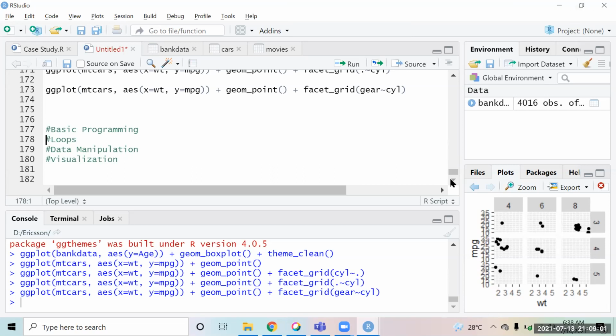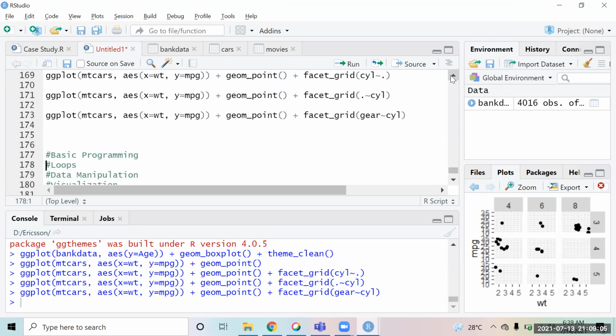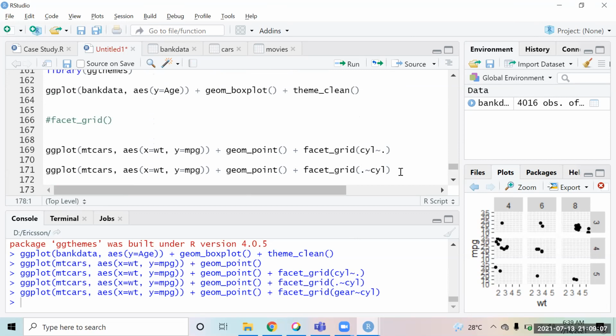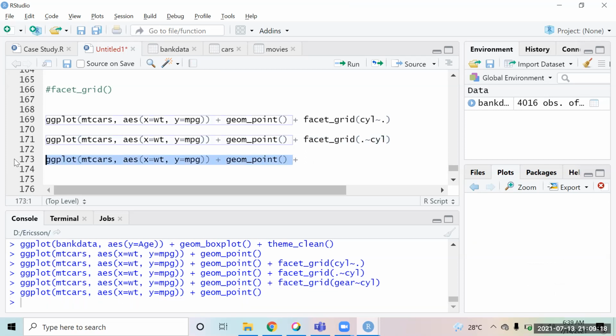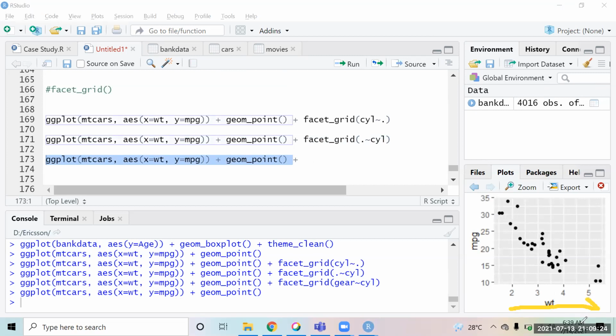Was there something about coordinates also which we had to cover after facet? Oh, okay. Yeah. So there is one, Cartesian coordinates. Basically, Cartesian coordinates is like when you create this chart over here, right? Suppose this geom_point ggplot chart that you have created. These are called the x and y axis, right? This is the x axis, and this is the y axis. If you see, this chart is coming from 0 to 5, right?